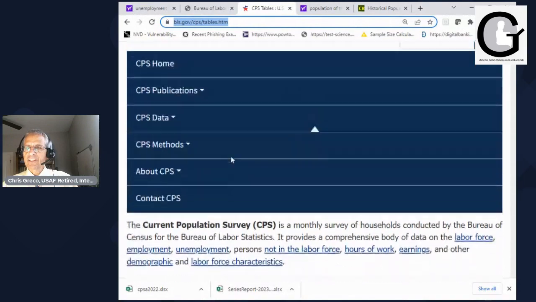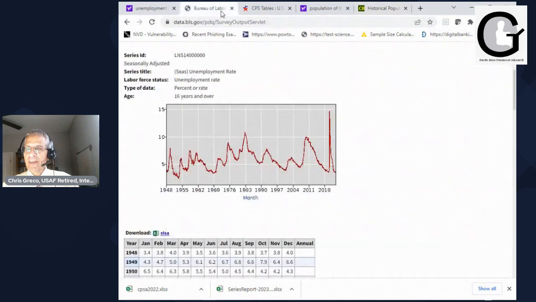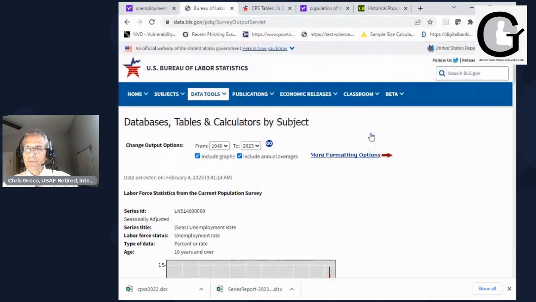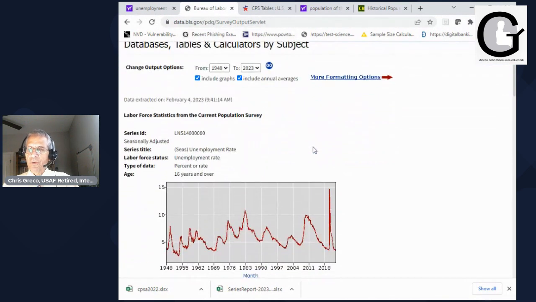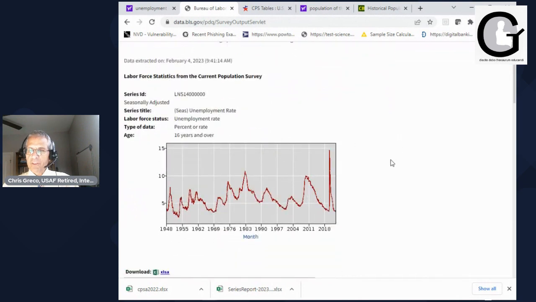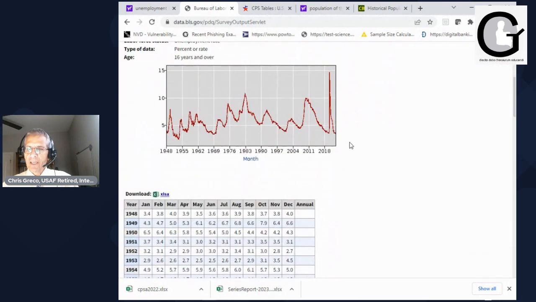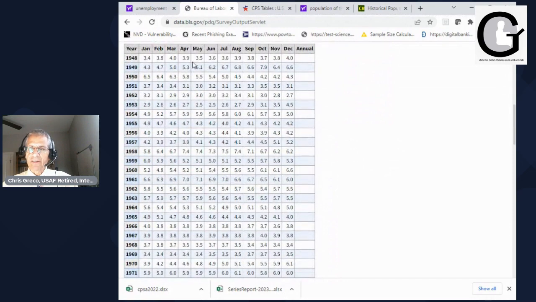But I wanted to see some other things. So what I did was I went to census.gov and saw the population data here. But in addition to that, I also went here to the Bureau of Labor Statistics survey, what they call PDQ, Survey Output Servlet. So I can use whatever I want from the standpoint of different changes based on their database. I took a look at 1948 to 2023, and I took a look again at